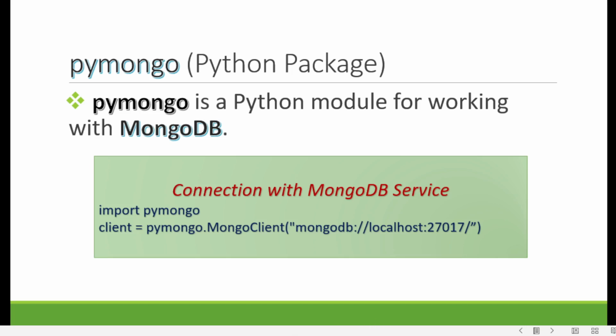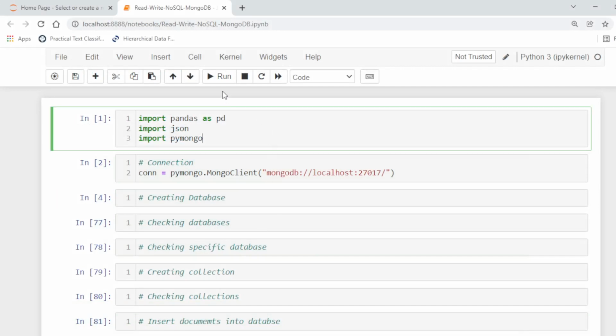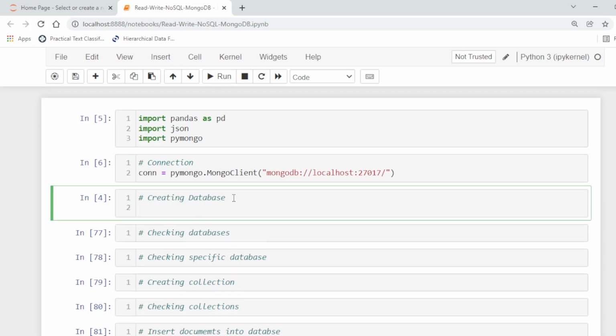So first of all, to connect with the Mongo database, first import the required libraries, then we can use the MongoClient for connection.